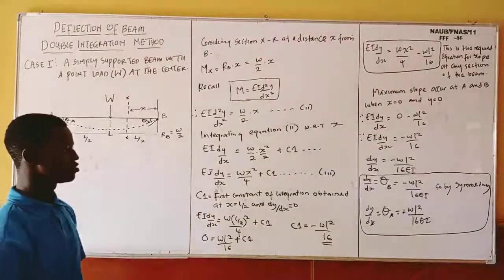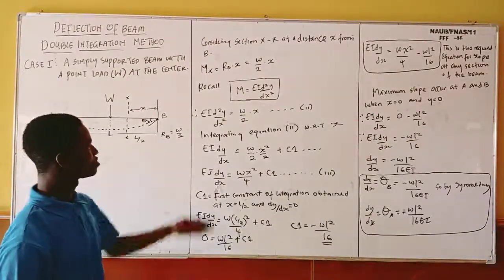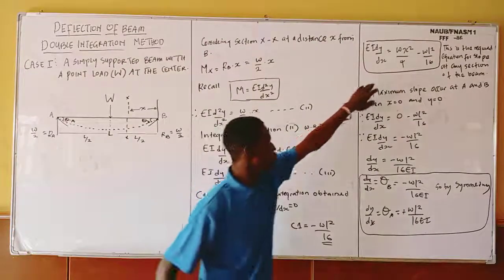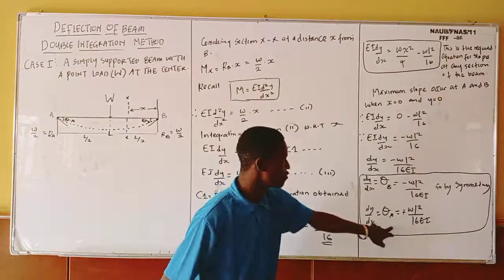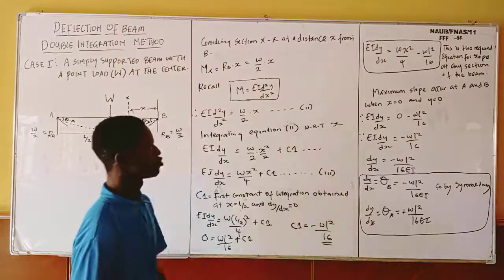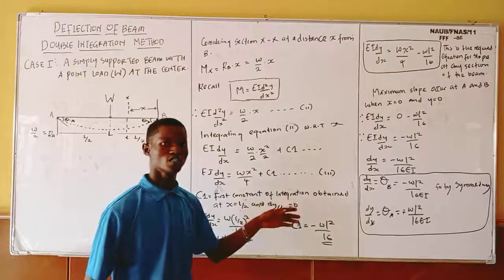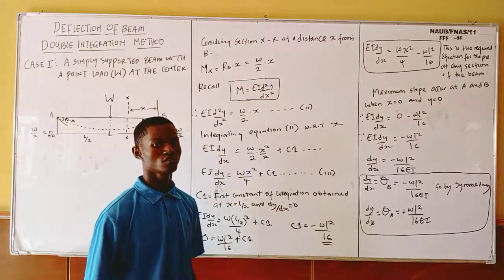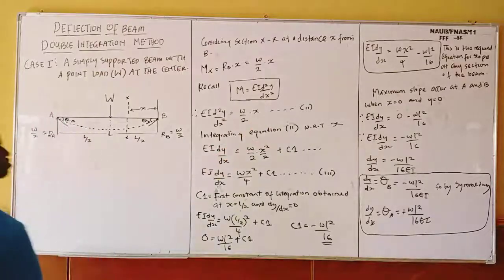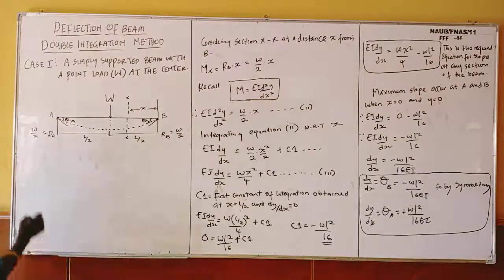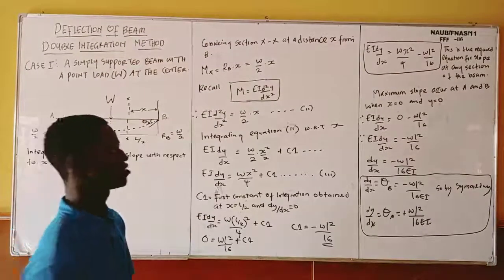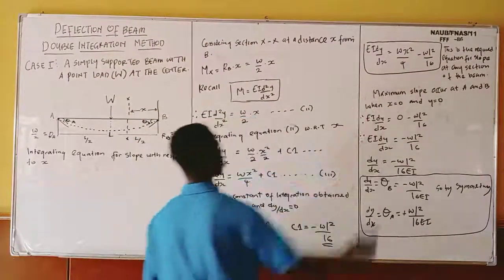You know, this method is double integration. The first integration that we do here is to get our equation for slope, and to have the equation for maximum slope. The next integration that we are going to do, we are going to have our equation for deflection and an equation for maximum deflection. So now by integrating that equation for slope with respect to x, this one now, we are going to have